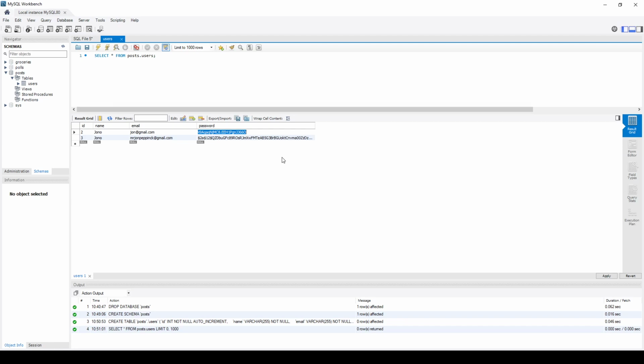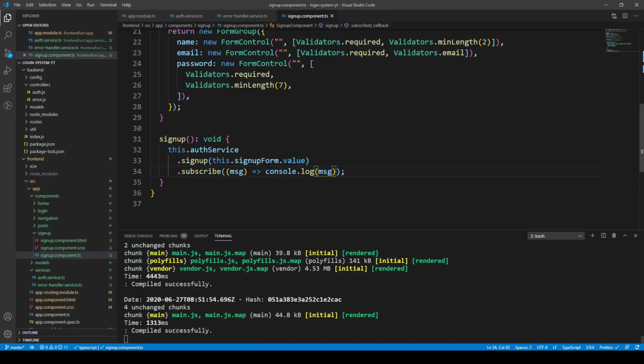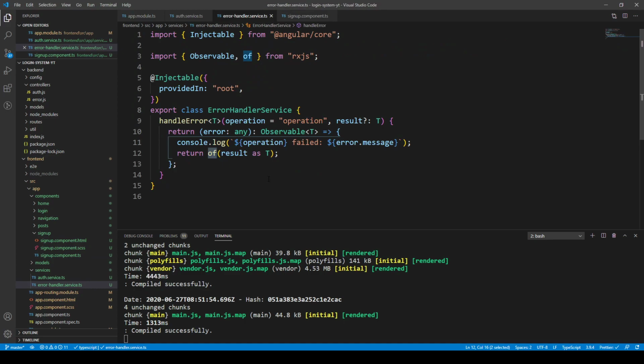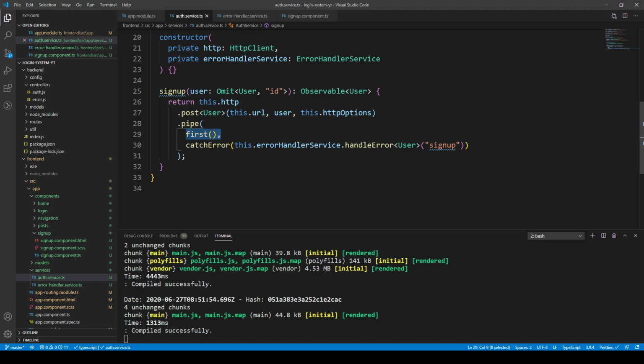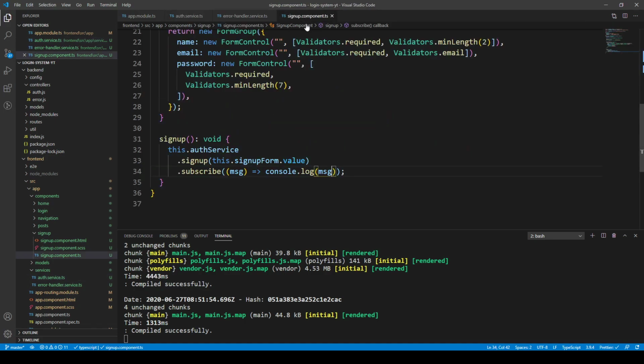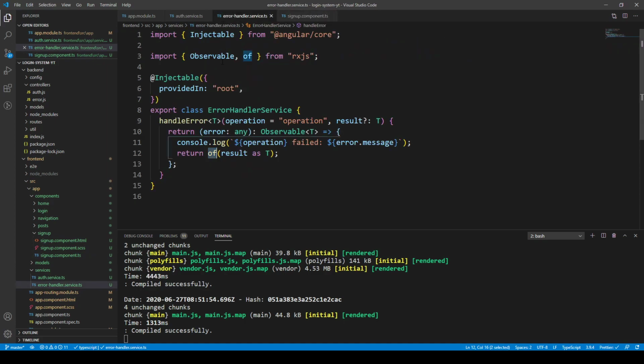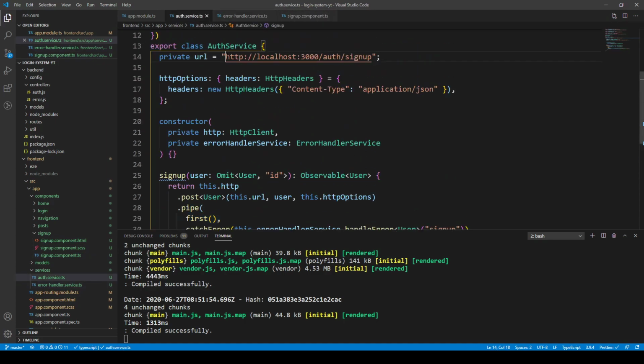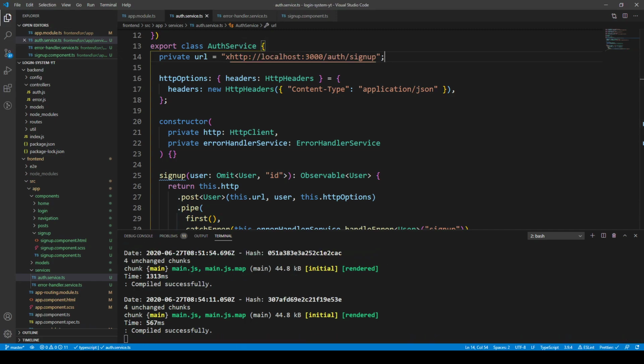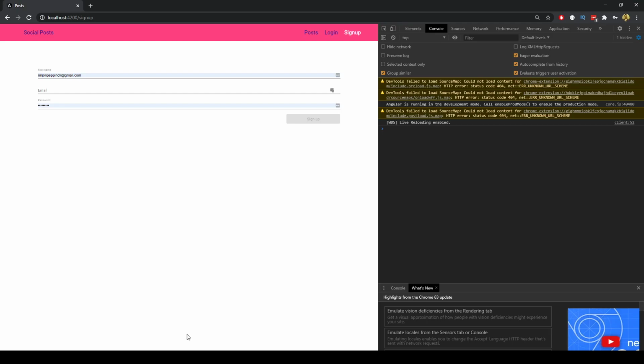But just for the purposes of this video, I'll just show the catch error function working. So we spent the time to create this error handler service, and it's a generic error handler service. It'll work for any of our HTTP operations, and it'll catch that. So yeah, it catches that type for this. And if I were to do something in the auth service, like if I was to change this to XHTTP, and then I was to do this, then what we'll get if I make the request,